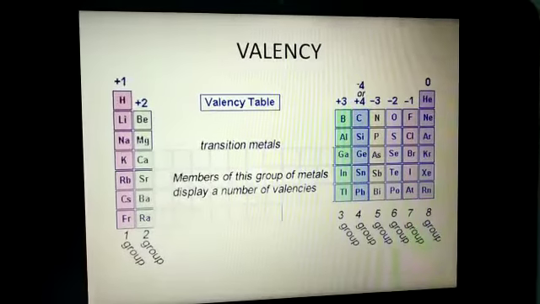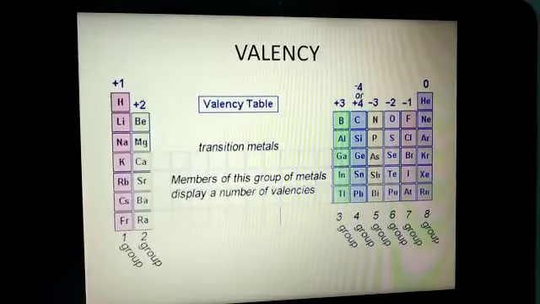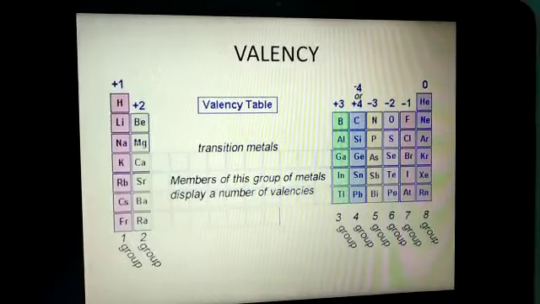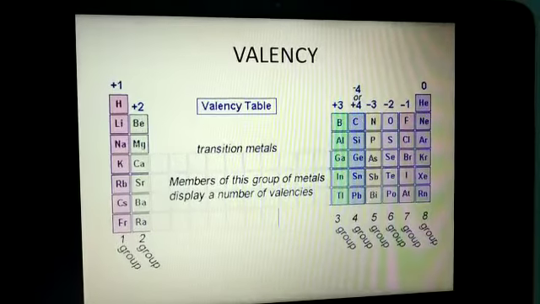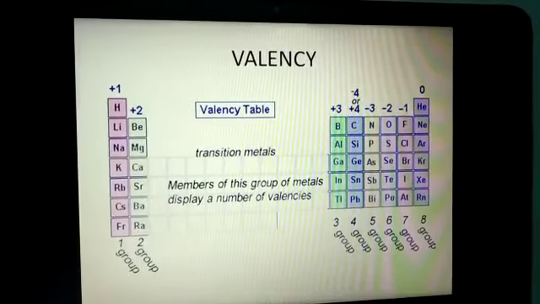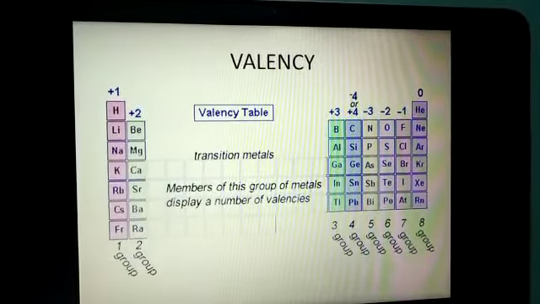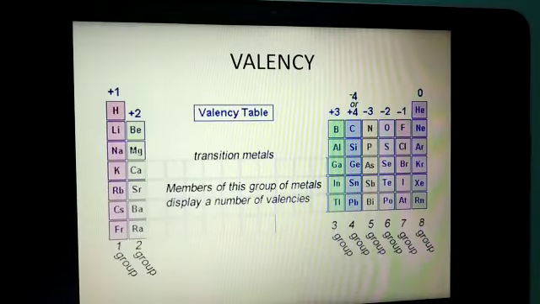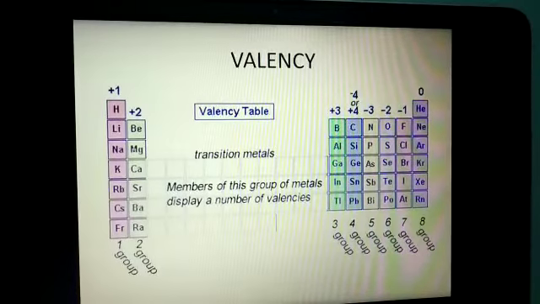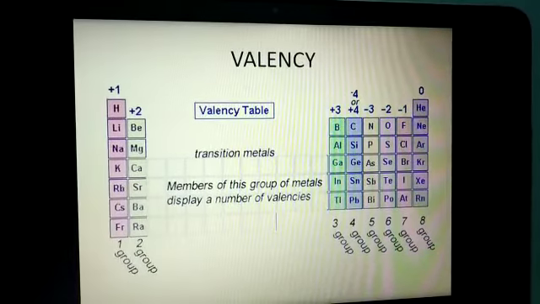The valence electrons are used to decide the valency of an atom. Valency is the combining capacity of an atom. It means the number of electrons needed to lose, gain or share by an atom to attain the stable noble gas configuration. Now for the first group, the valency is +1. It means they will lose 1 electron to attain the noble gas configuration.